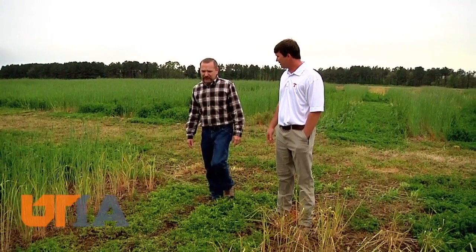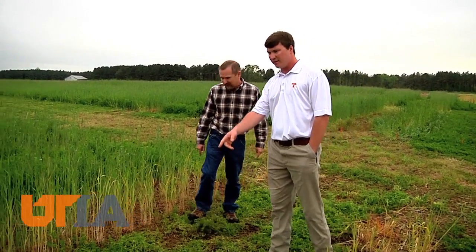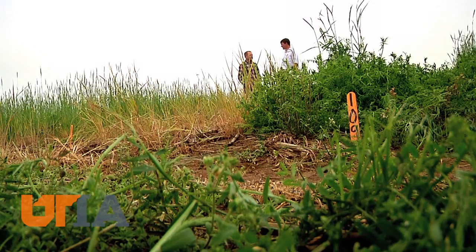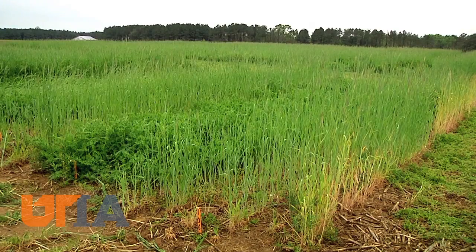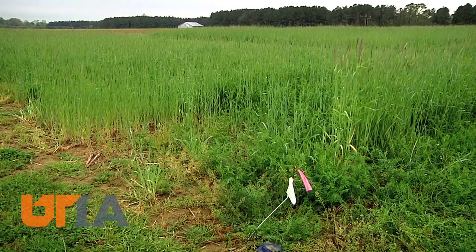No matter what tactic we use, especially if we rely on one tactic, the weeds are finding a way to get around them. It makes things tough for UT Extension's Dr. Larry Steckel. He's working with graduate assistant Garrett Montgomery at UT's Ag Research Center in Jackson, growing cover crops to fight weeds. Now their research looks at when to terminate those cover crops and the pending impact on corn, cotton,